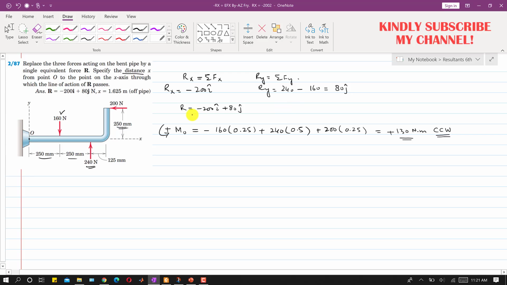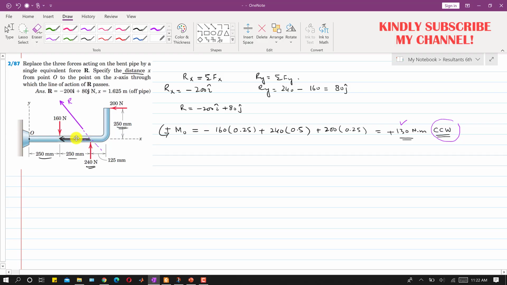Now if we represent that resultant on this diagram, let's say this is our resultant, acting somewhere here, and it should produce the same moment, that is, the counterclockwise moment. If the resultant acts in such a way, it will produce the counterclockwise moment about point O, and it must produce this 130 Newton meter moment about that point O. Now if we extend the line of action of this force so that it passes through the x-axis, and draw the components of this resultant at the point where the line of action intersects the x-axis,